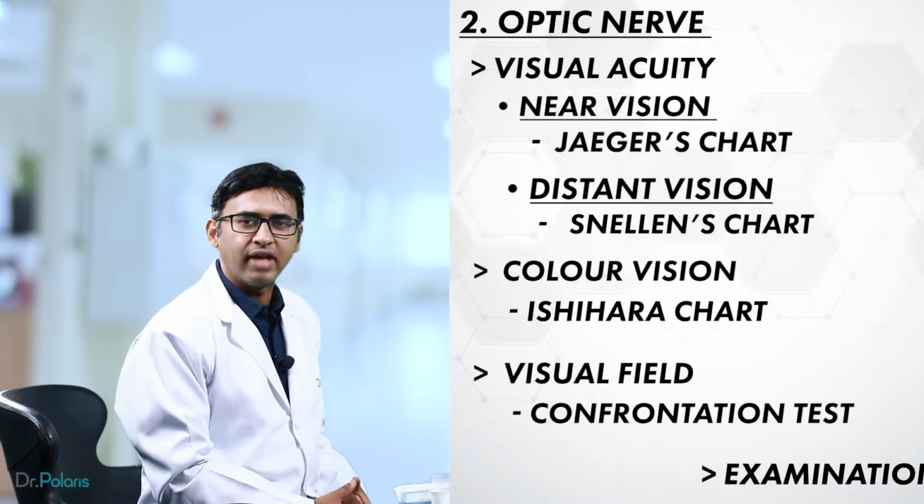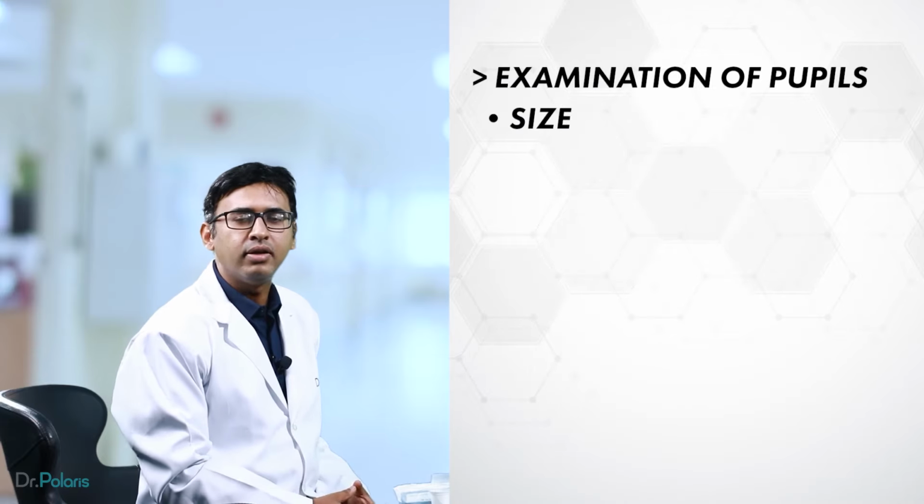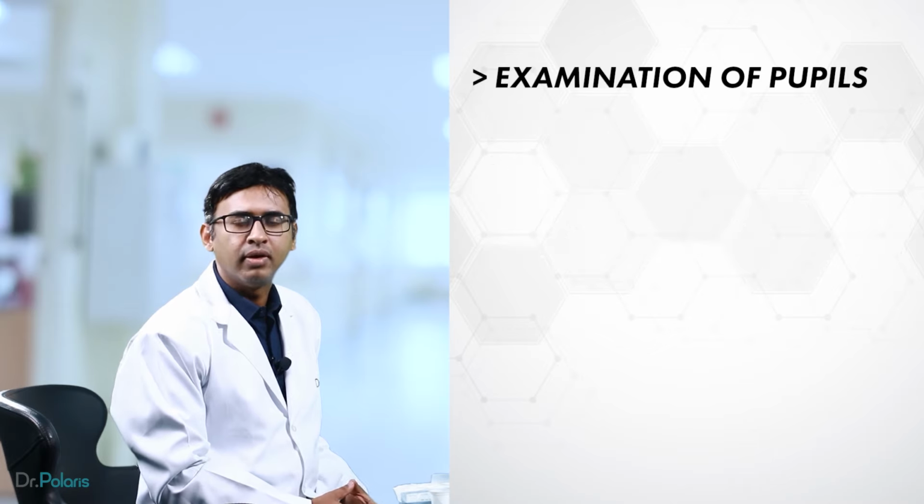The next aspect of examination is examining the pupils. The pupils are examined for their size, their shape, their reaction to light, and also for what is known as the accommodation reflex. I'm going to use a torchlight and shine this light in the patient's eye and look for